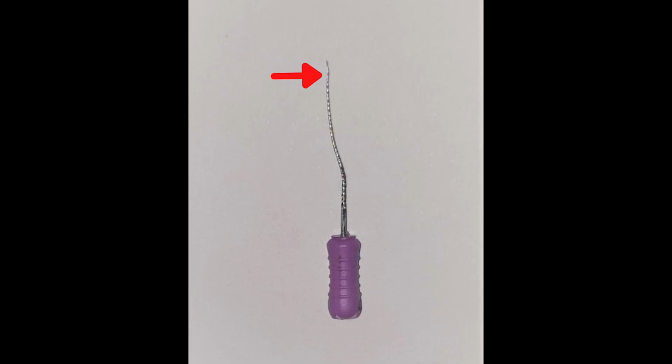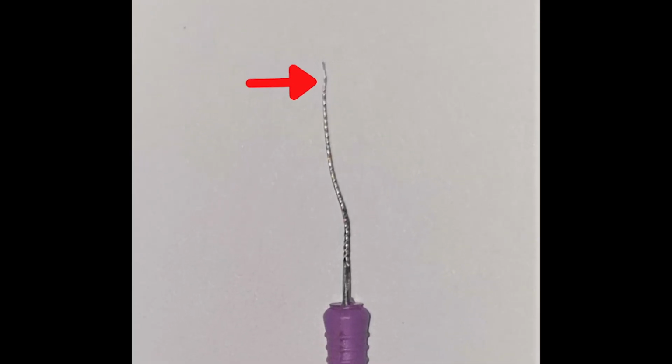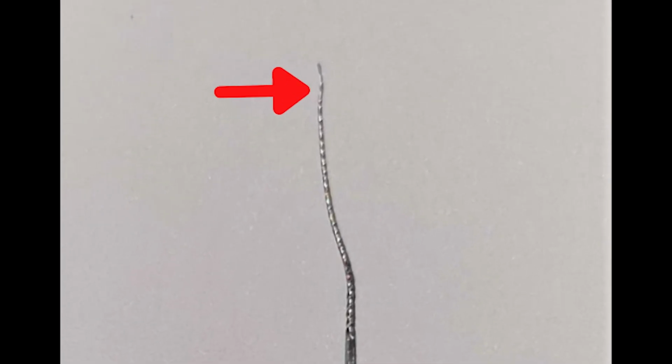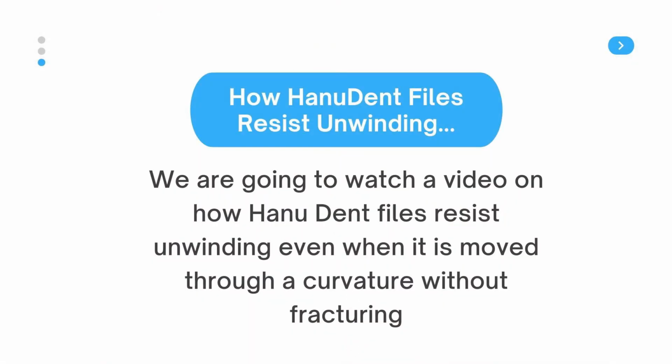In this picture, you can see that the file has unwound and it is ready to be discarded. You should not use this file again. If you use it again, the chances of it getting fractured inside the canal is high and can result in failure of the root canal treatment. We are going to watch a video on how Hanudent files resist unwinding even when they move through a curvature